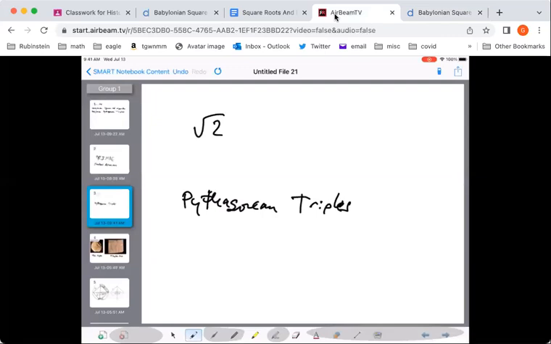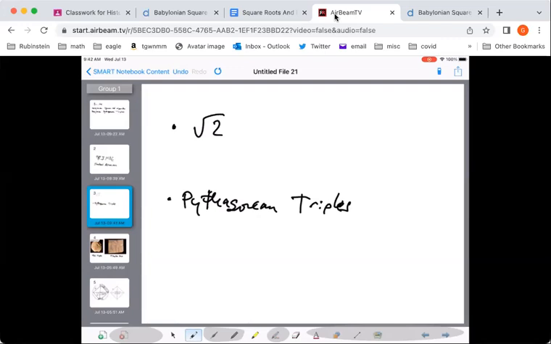The Babylonians had the Pythagorean theorem for right triangles, and they also had Pythagorean triples, which Pythagoras didn't do anything with himself. Things often get named by Western culture, someone who gets made famous for it. But no, the Babylonians had it. Every culture had come up with the Pythagorean theorem